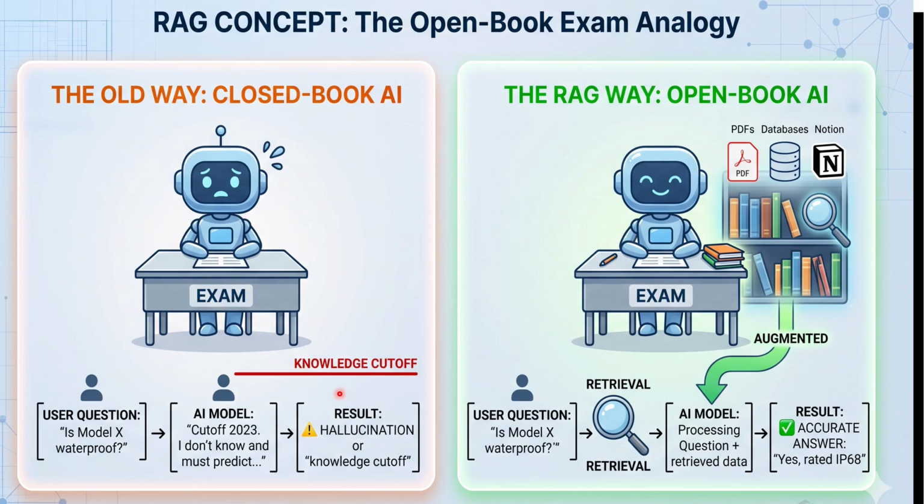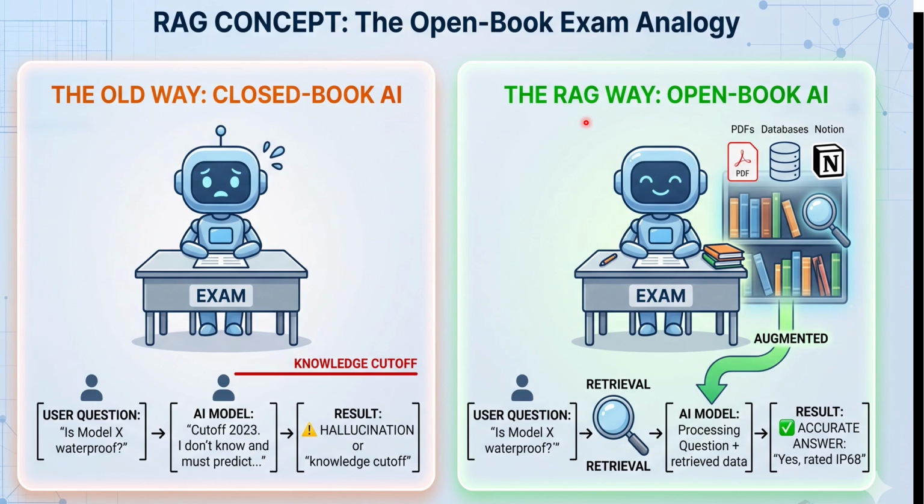So how do we solve this problem? Look at the right hand side. You might have heard this term called RAG. Now you can think about it like an open book exam, where you have the LLM, but you also have RAG as a tool. Basically, RAG is the retrieval augmented generation.